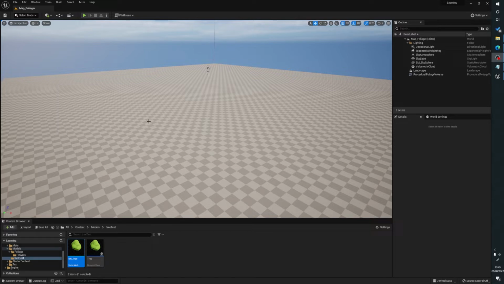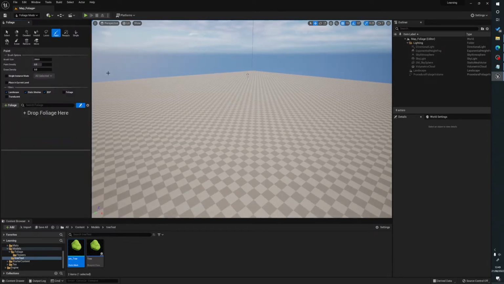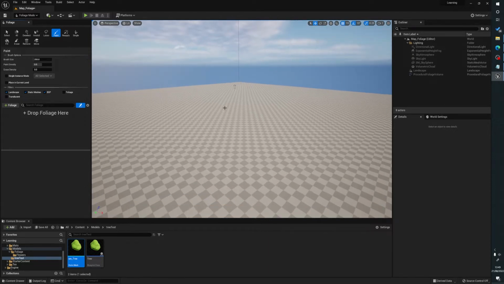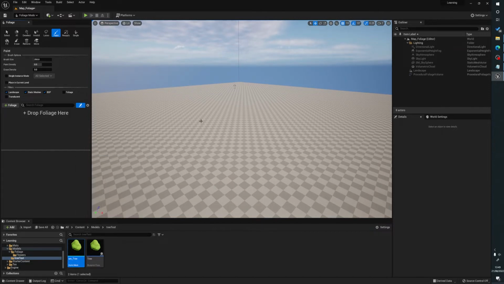So here we go. Right, so when using Unreal Engine 4, 5, you've got the foliage tools. Now if we hold Shift and then I believe it's 3, yep, Shift 3, that brings us to the foliage painting tools. And what this allows us to do is just, say, paint trees or grass or whatever we want to do here. Now, one of the first things you learn with Unreal is you can pretty much drag any static mesh into here, whether it's a house, a tree, a cat, whatever, as long as you're not going to be interacting with it in a sense of cutting it down or blowing it up,